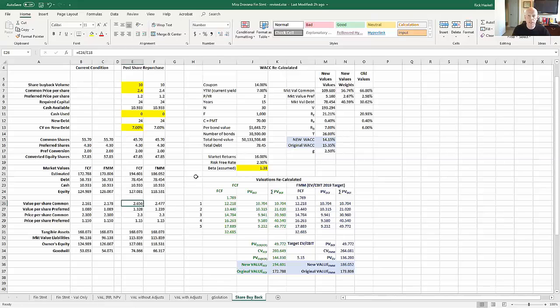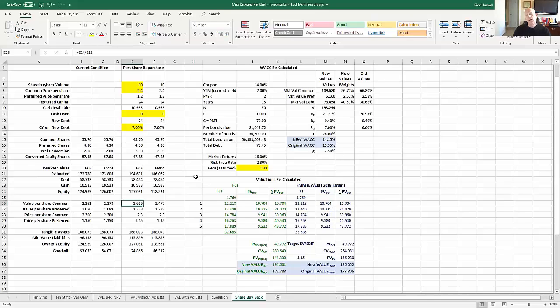So not only will we have reduced the number of shares outstanding in the market, which, by the way, when you reduce the number of shares outstanding in the market, the remaining shareholders' percentage overall holding of the company, so the proportion of the company that the remaining shareholders own, each goes up. So if I owned 20% of the company and I get rid of some of the outstanding shares in the market but none of my own, then my percentage of the overall holding of the company increases. So I've not only increased my overall percentage of the holding of the company, but I've increased my per share value.